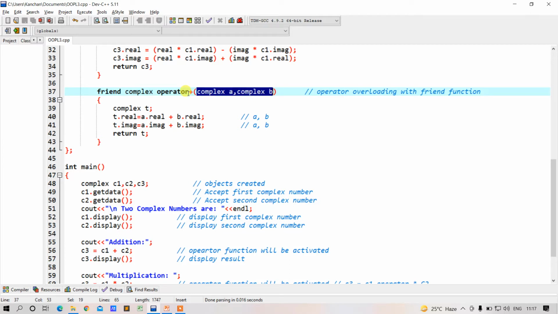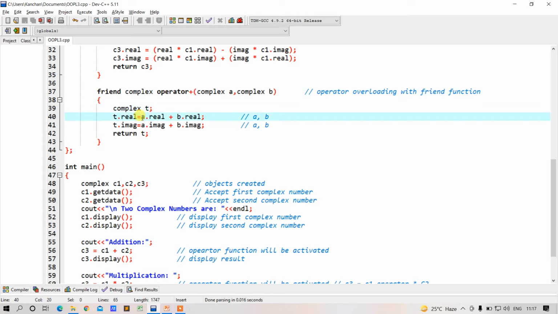Here we are going to pass two parameters, A and B, because when we are overloading the binary operator with the help of a friend function, we have to pass two operands and the arguments will be passed explicitly. Here we have one more data member of type complex, that is our class. So T will be our object which will help us to store the result.